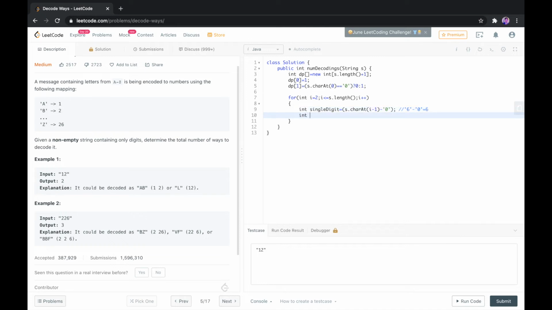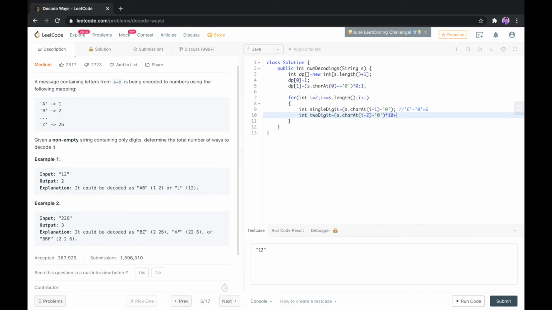Now we need to do a similar thing for a 2-digit number. Once we do this, we subtract 0 ASCII from it, and we have to multiply it by 10 in order to make it a double digit number.